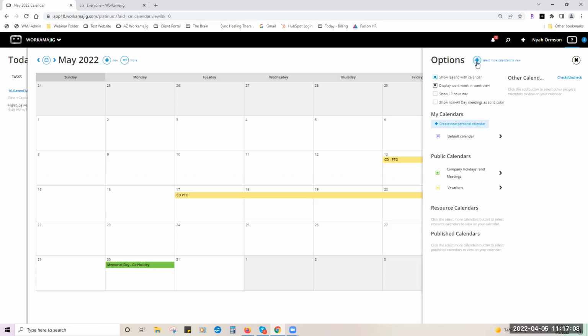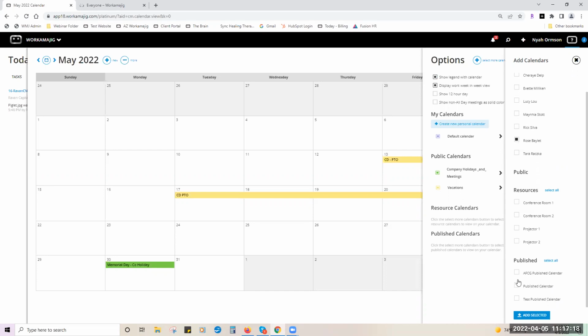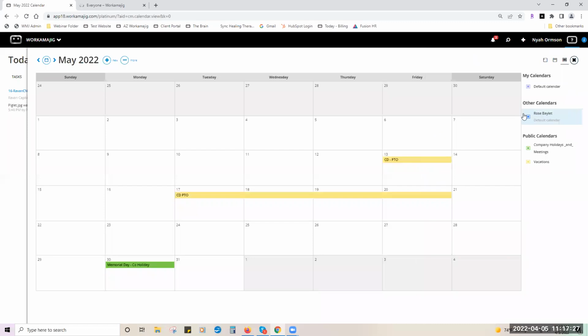This is also where you go to add other people's calendars. Well, maybe you need to know what Rose's calendar looks like. I can do add selected. You might also have published calendars that your company has set up for you, and those you can add to that legend that shows up. So I'm just going to do this one. And you'll notice now Rose is set up here as a calendar that I can view. Doesn't mean I can edit, but I can at least see her schedule